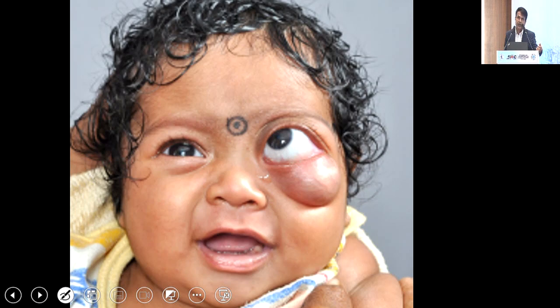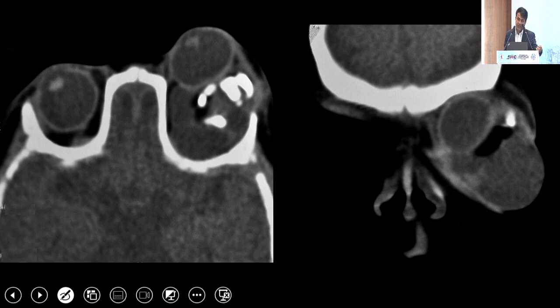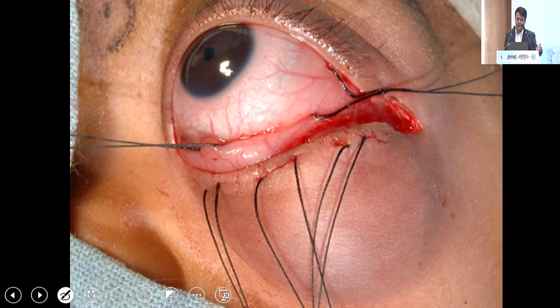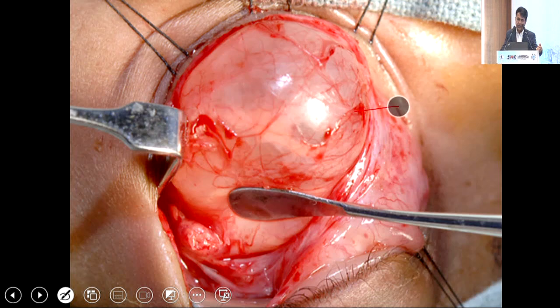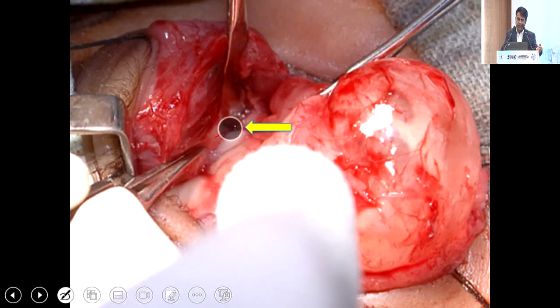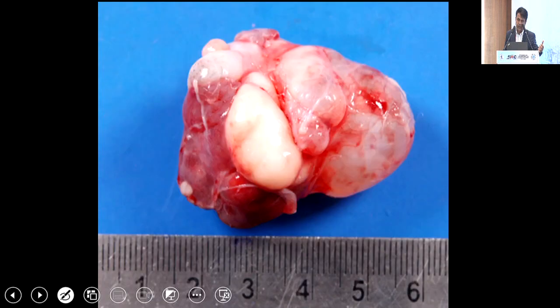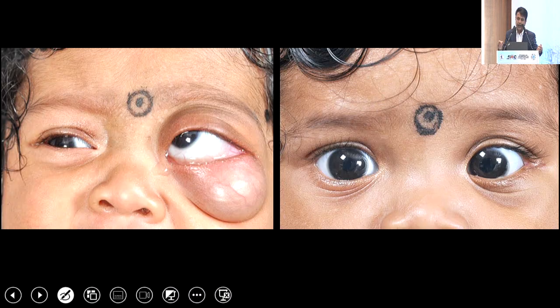This was a child with orbital teratoma, but unfortunately the tumor lesion was on both the sides of the optic nerve. Here we approach by inferior transconjunctival approach with a lateral canthotomy and inferior cantholysis. This is the cystic component which was on the lateral aspect, and that's the optic nerve. Since we do surgery under an operating microscope, you can visualize all the structures. Nothing is left to imagination when you can visualize, and that is the medial or solid component which was medial to the optic nerve, and that was a lesion that was excised. This was a groove through which the optic nerve was traveling, and the child has good results except for the esotropia, which is persisting, which will need some repair.